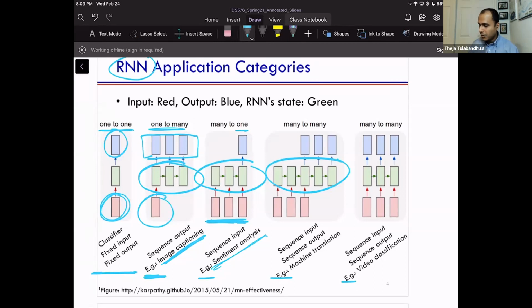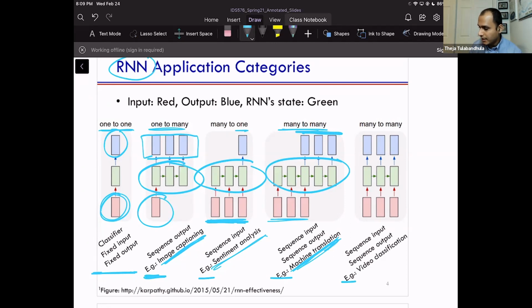Of course, now you can have both. The combination of multi-inputs and multi-outputs is exactly many-to-many. For example, here the example is machine translation, and this is something that you will try to work on in your assignment. This is one of the key sequence-to-sequence examples where there's a sequential input, let's say a sentence in English, and a sequential output, maybe a sentence in Chinese or French or whatever it is.